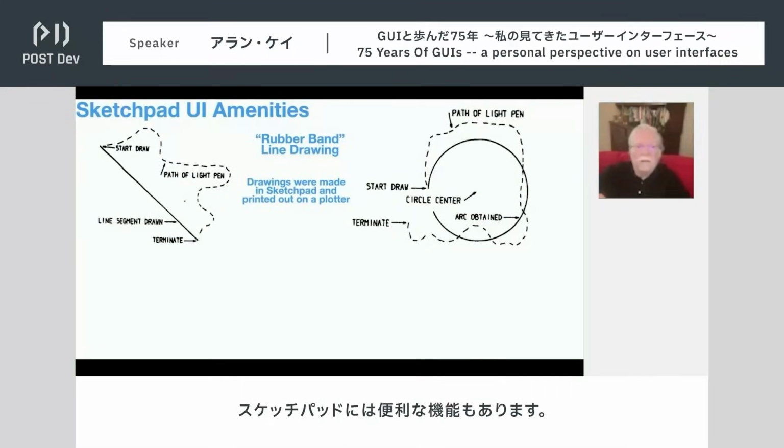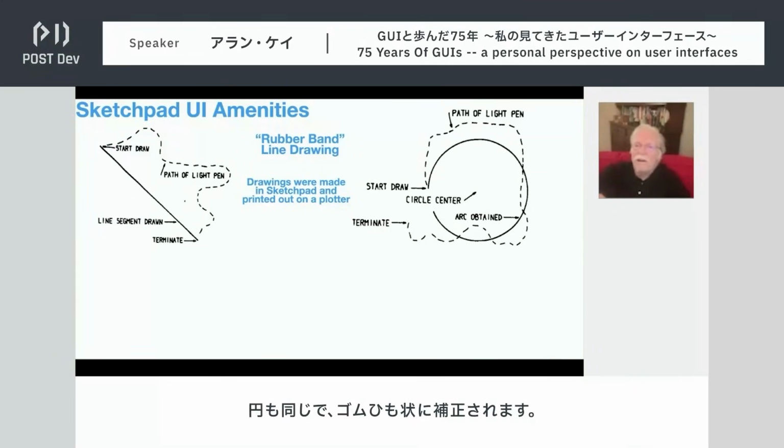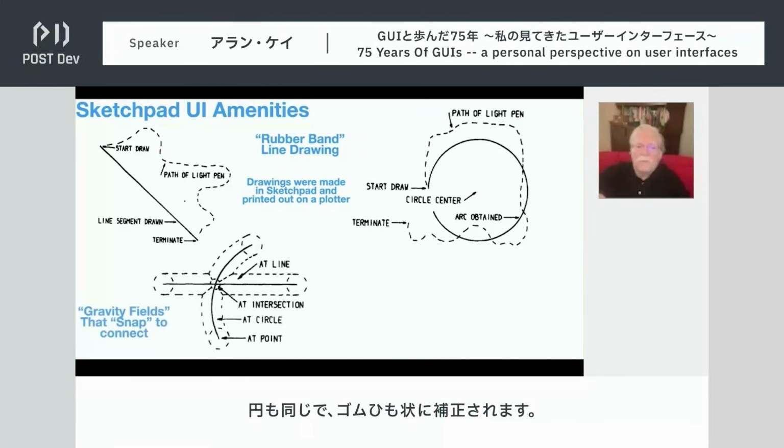And there are amenities in Sketchpad. For instance, once he starts a line, he doesn't have to be perfect with the way he draws the line. You can see he can have a path there, and the line will be a rubber band line. And the same with the arc of the circle, it will be rubber band circles. And there's a gravity field that helps the cursor find the lines.